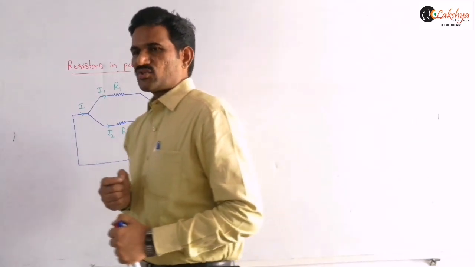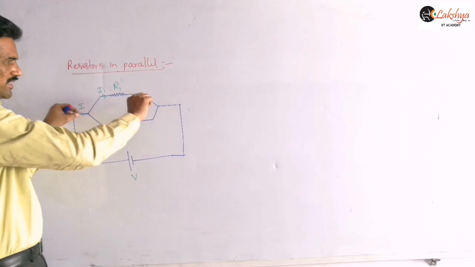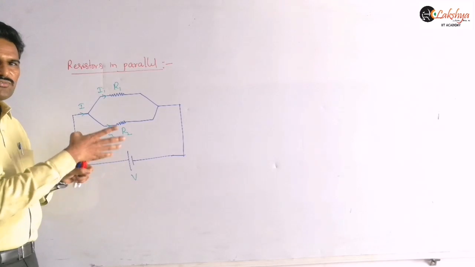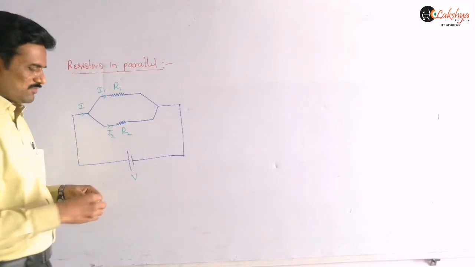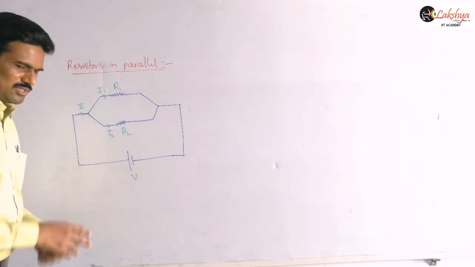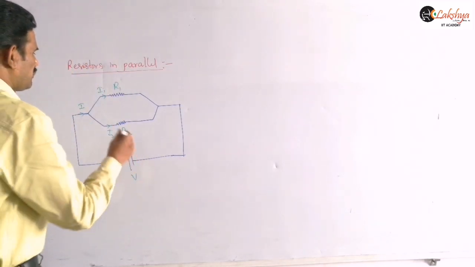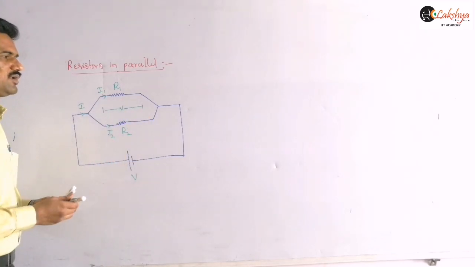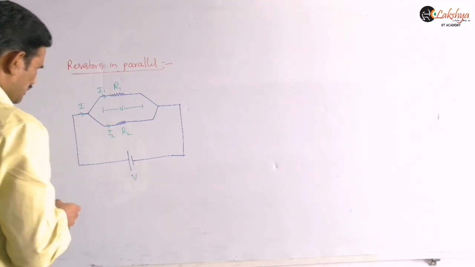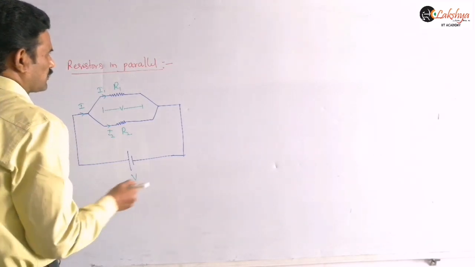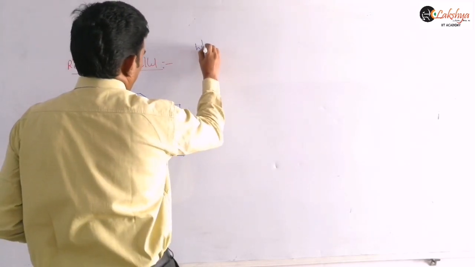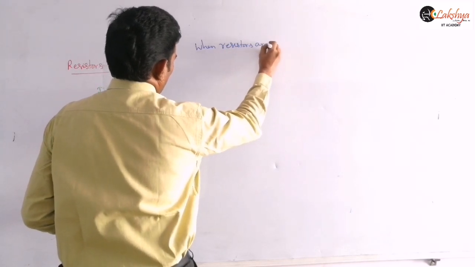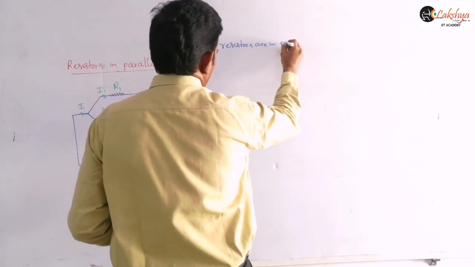So that means the major condition there is two resistors or their ends are connected like this. The two ends of the two resistors are connected together, and then we are applying potential difference such that potential difference across them will be same here. So the potential difference across them will be equal only. Either you may consider it for V1 or V2. So, right? So that means here I can write this as, when resistors are in parallel,